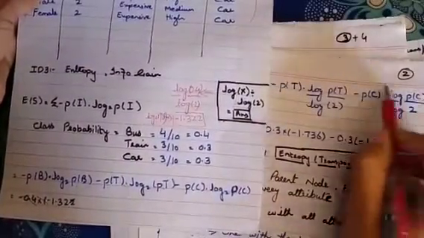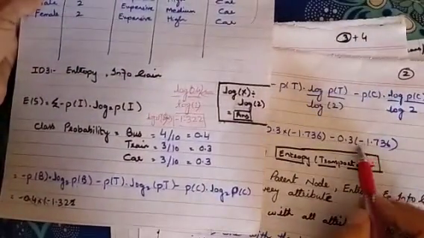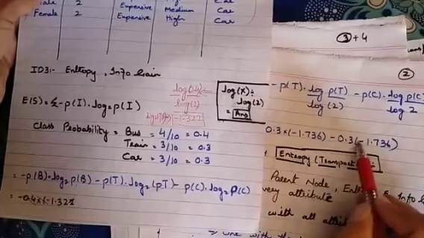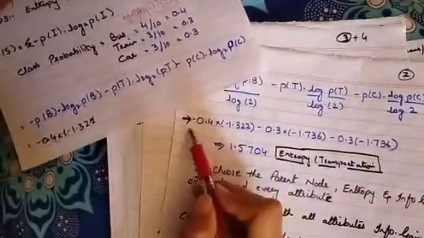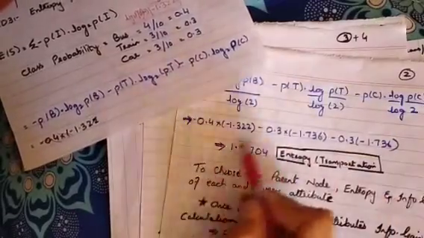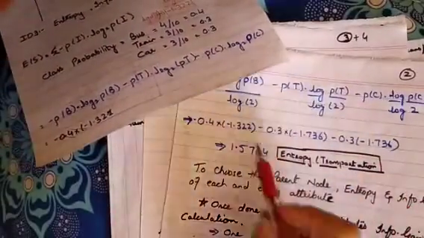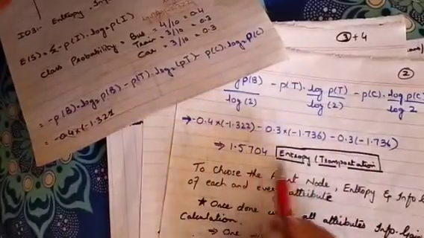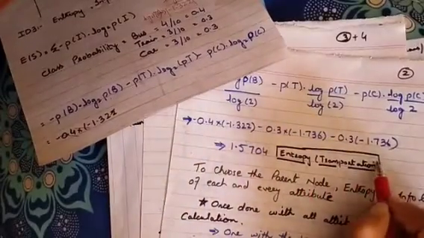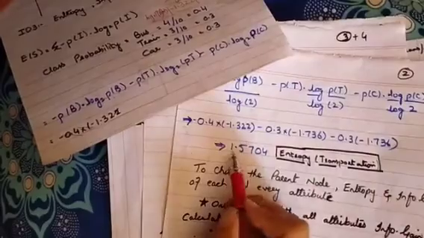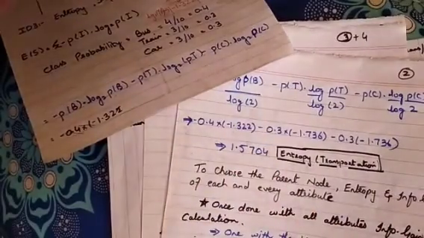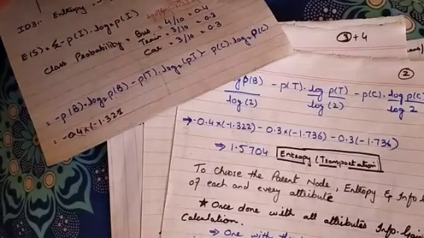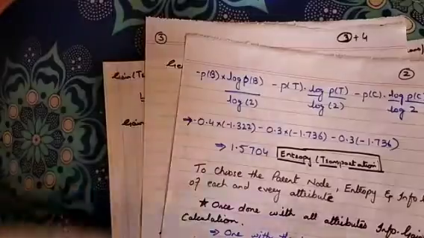So if I put it in the same formula, because I was using the mobile phone, I got the output of -1.736. Okay, after putting all of these values within the formula, if I calculate it, I get the entropy of transportation, which is our class, that is 1.5704. So we are done with the first step of calculation for the entropy of a class.